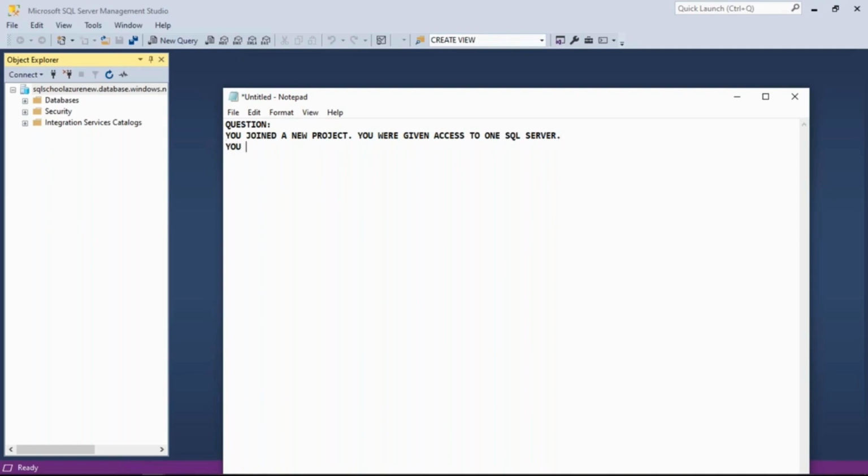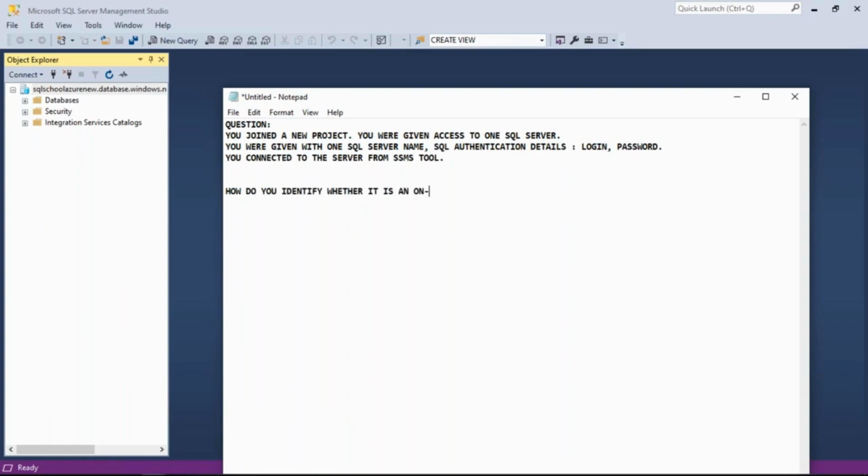You are given one SQL server name and SQL authentication details, the login and password. And you connected to the server from the SSMS tool, your SQL Server Management Studio tool. The question is, how do you identify whether it is an on-prem